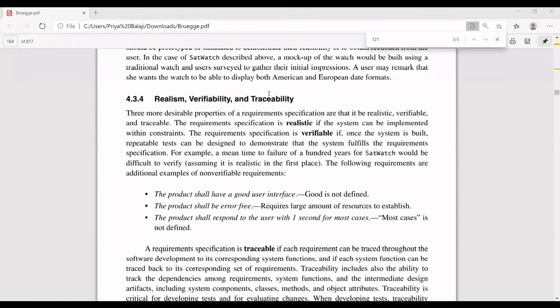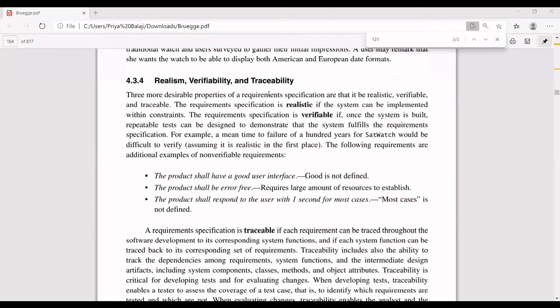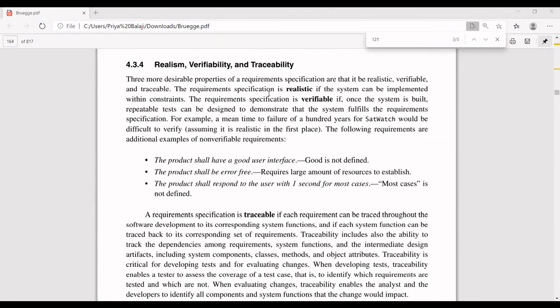The next one is realism, verifiability, traceability. So what does realism mean? Realistic means the system can be implemented within constraints, that the requirements can be implemented within the constraint.